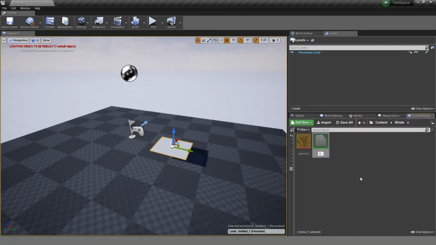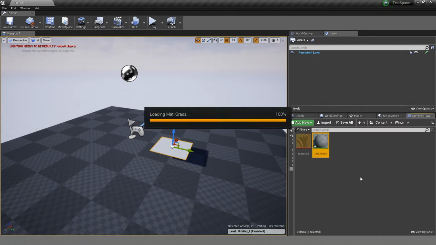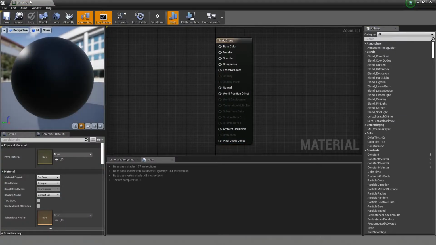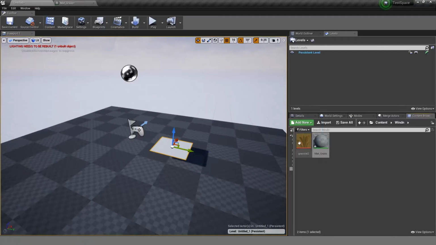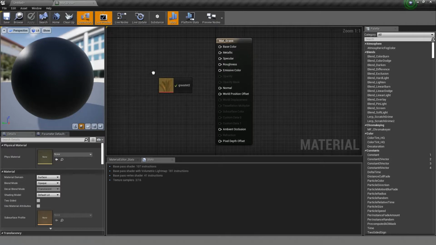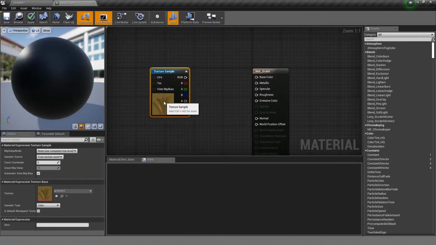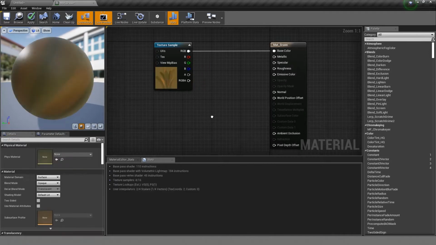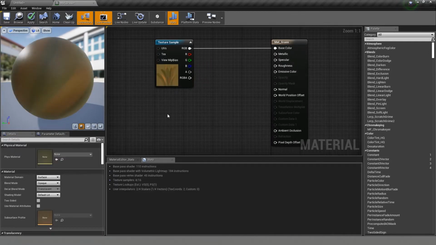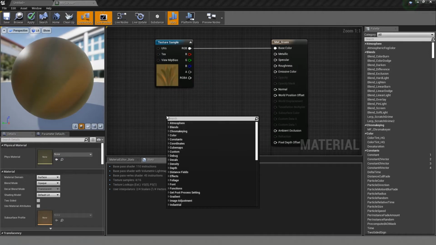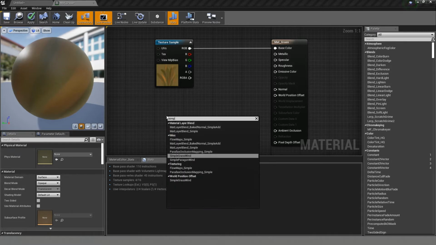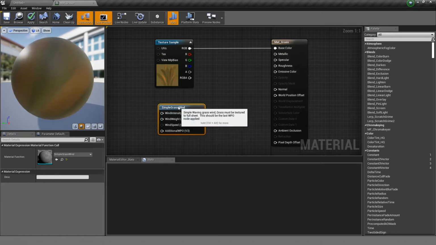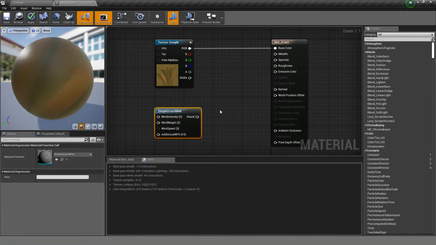I'll call it material grass. Okay, I will drag our texture inside. We'll go into our base color, and then I'll right click here and write simple grass wind. Okay,